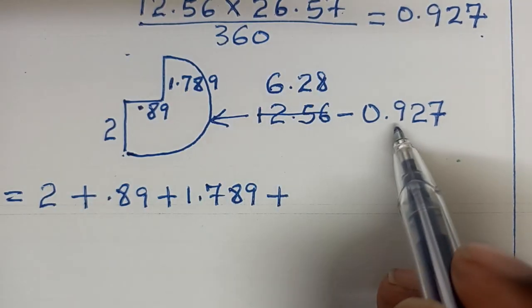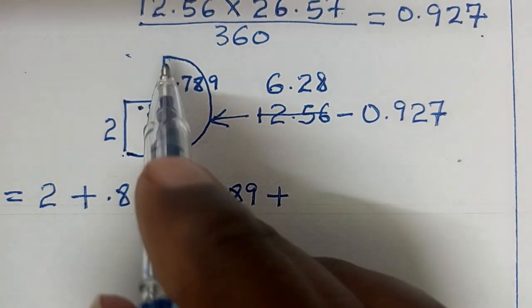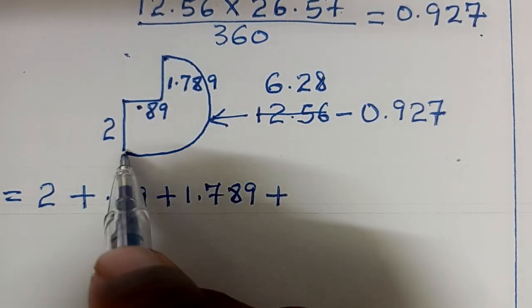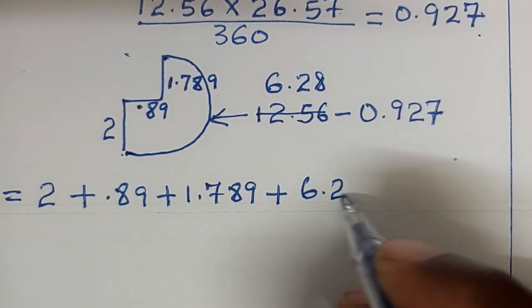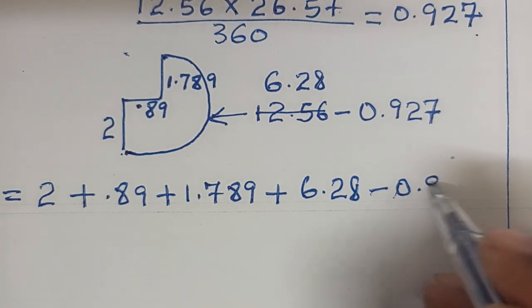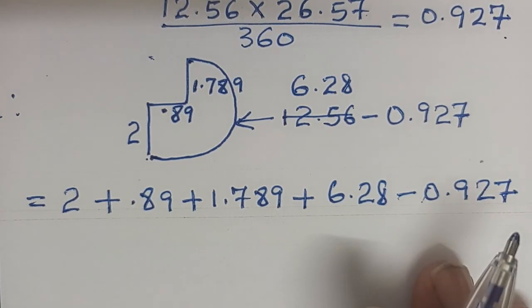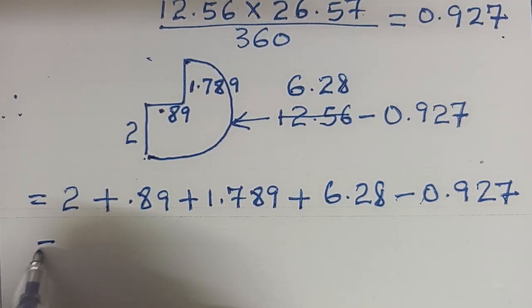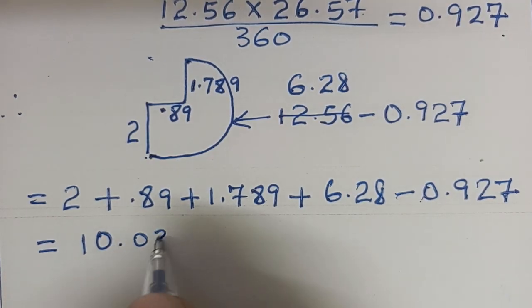Then we subtract 0.927, which will present this portion, so that we are left with from here to this point. So that is 6.28 minus 0.927. And so therefore guys, our solution then is, if you add that, this gives us 10.032